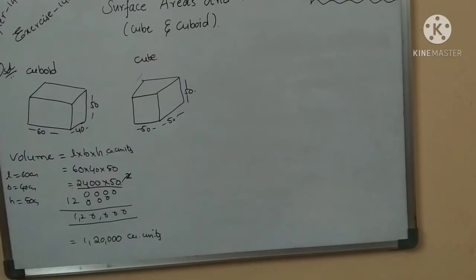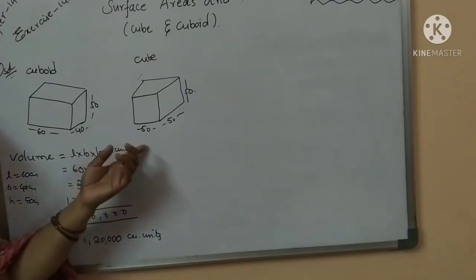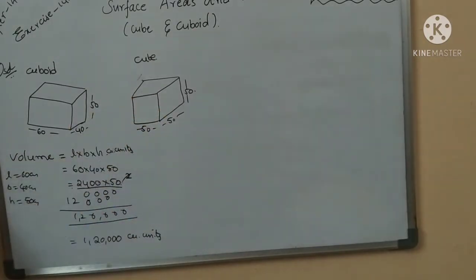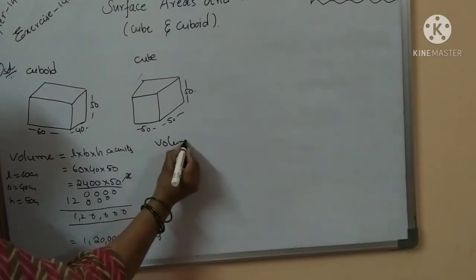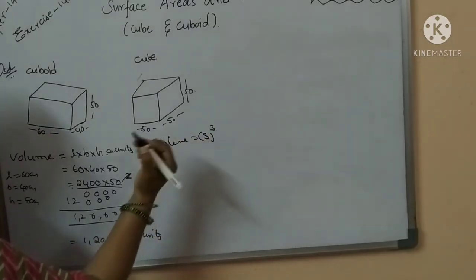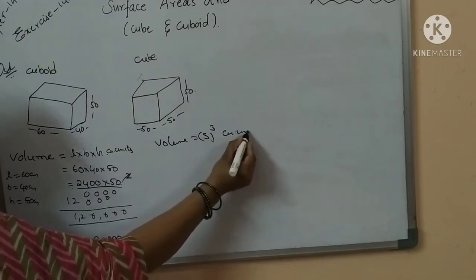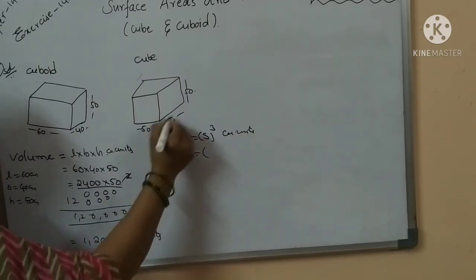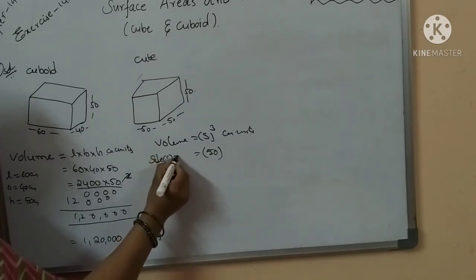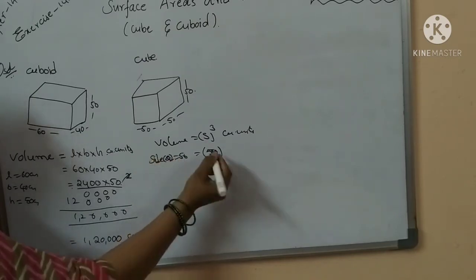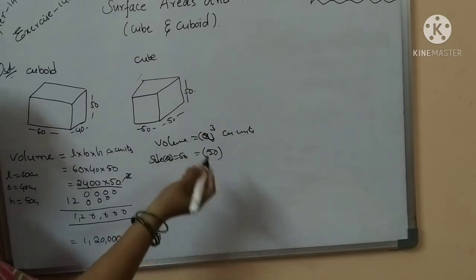Because here we find the value. So here asking the weight of a cuboid and weight of a cube. So the second figure, observe that all sides are same. So which type of figure is that? A cube. What is the volume of cube? So here side cube unit. Side means all sides are equal. So here side S equal to 50 or A equal to 50. So here write A cube, that is also same.